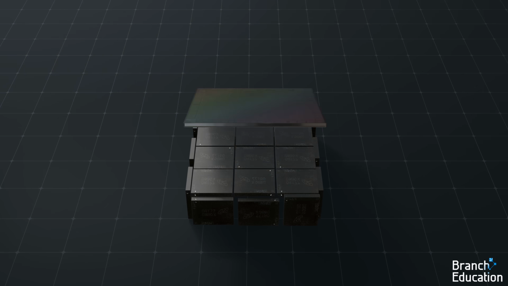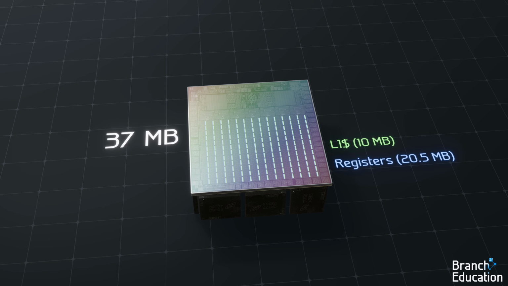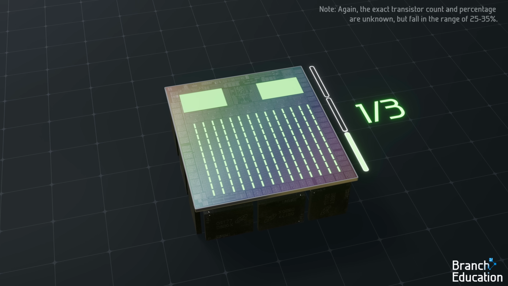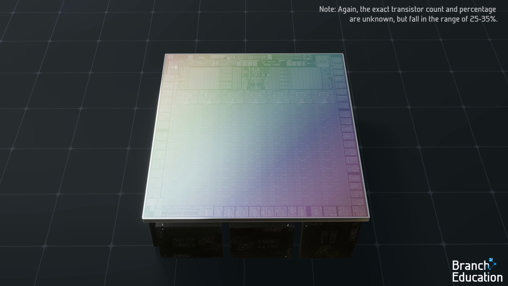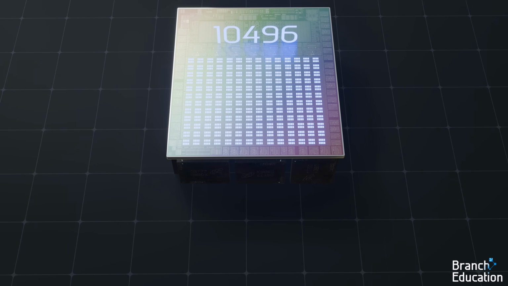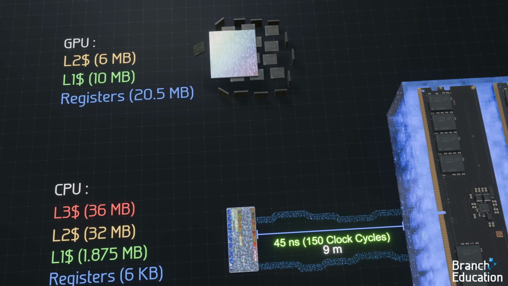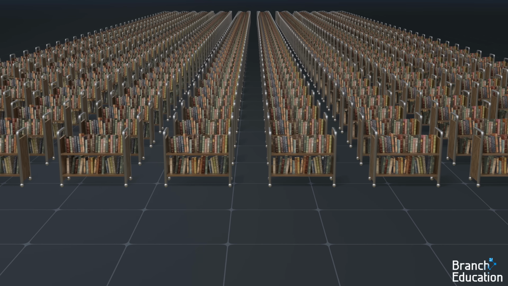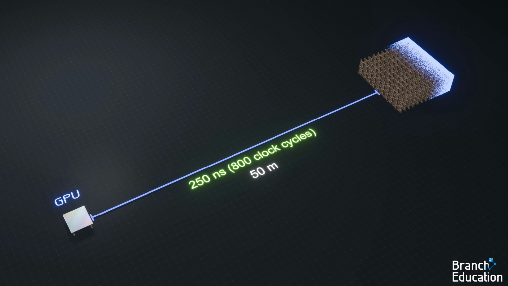The GPU table can hold approximately 37 megabytes across its registers, L1 and L2 caches, which together take up a third of the die, with the rest being functional logic. However, because the GPU has 10,000-ish individual cores, the distribution of memory is a little different from that on the CPU. Next to the GPU table are the VRAM chip library carts, which hold 24 gigabytes and are 250 nanoseconds